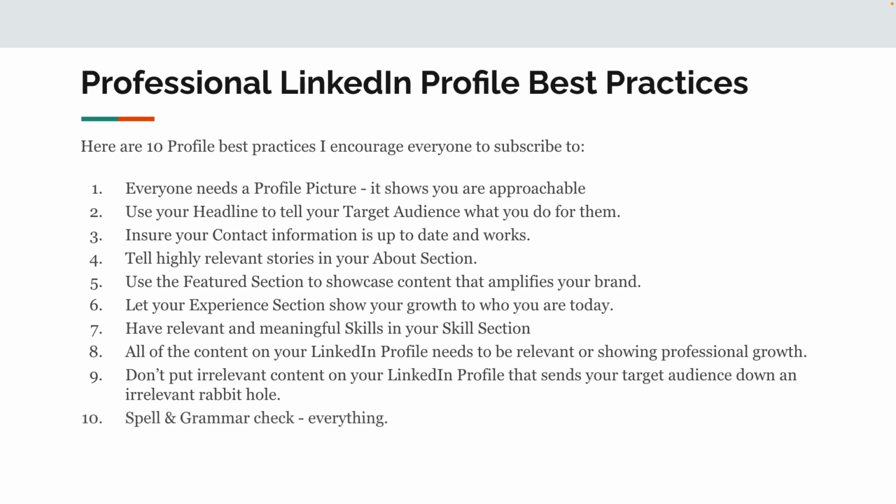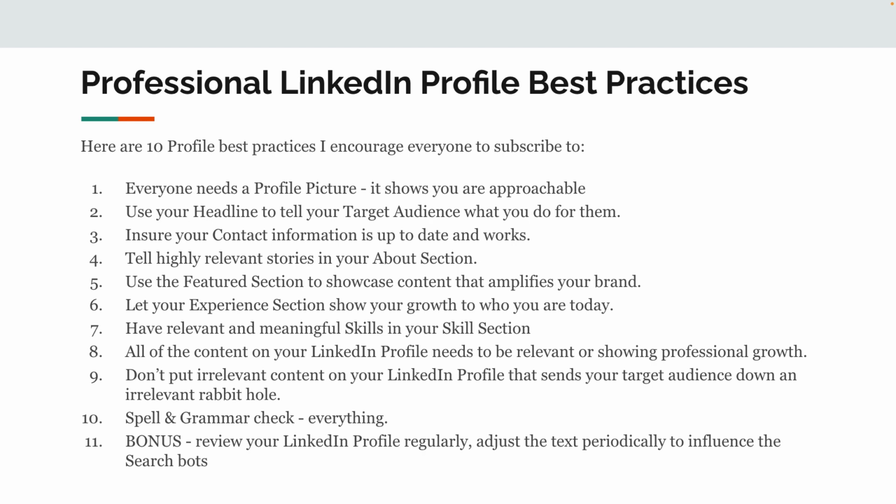And then number 10, you'll hear me say this a lot, spell check and grammar. You do not want to be that person whose LinkedIn profile says manger. You do not want to be that person whose LinkedIn profile says pubic relations. Make sure you check your spelling. Make sure you check your grammar, because this will distract the target audience. If they're trying to read a sentence and they're struggling to read it, then you wrote it wrong. It's probably grammatically incorrect. So use tools like Grammarly to make sure you don't make those mistakes.